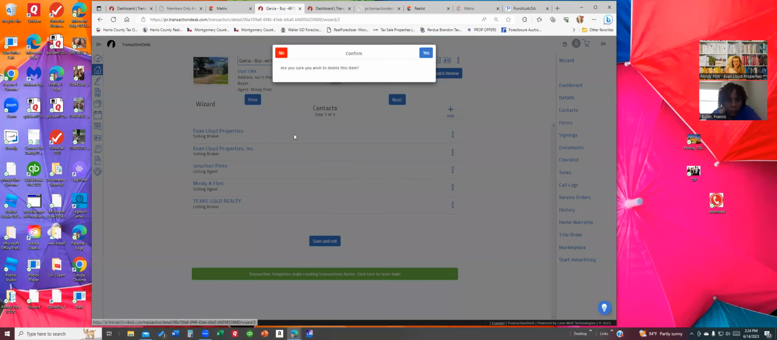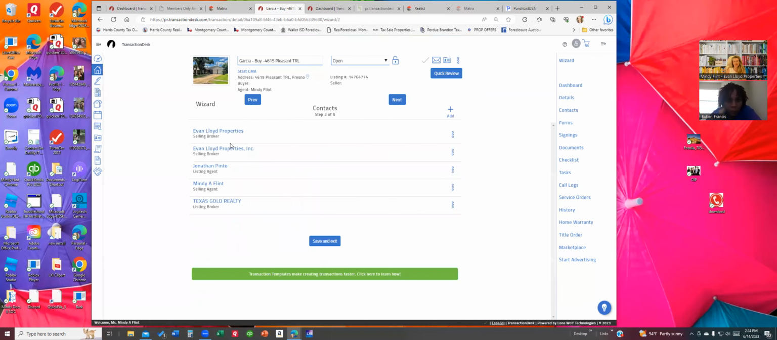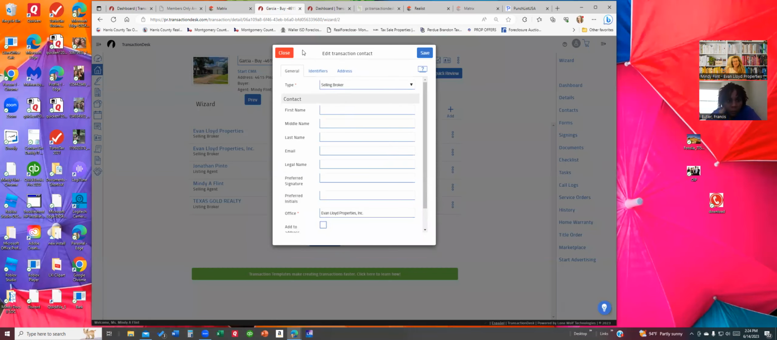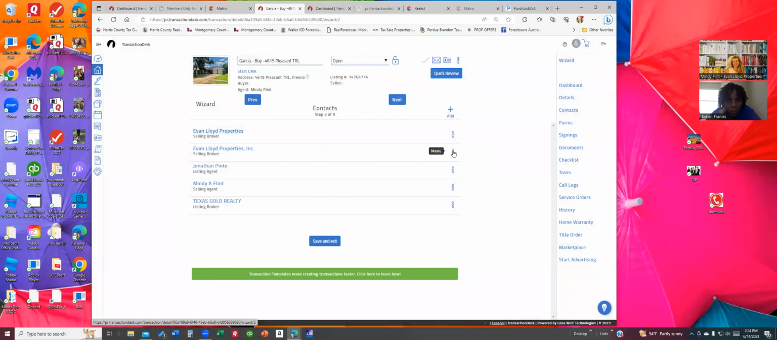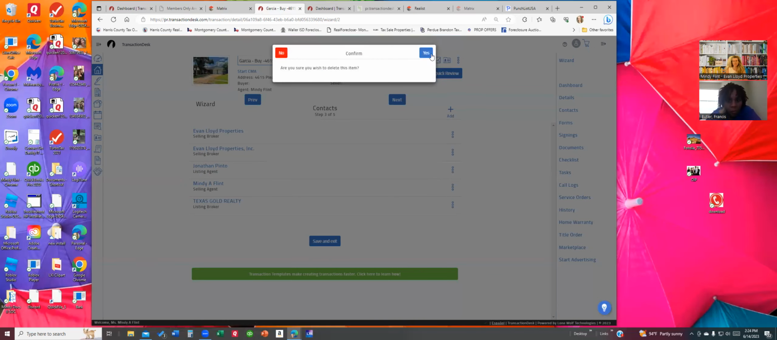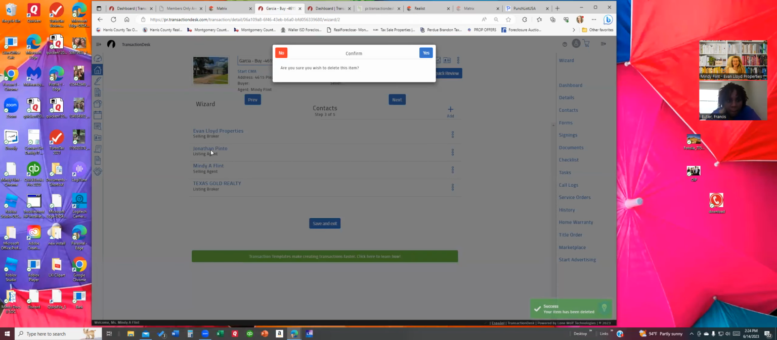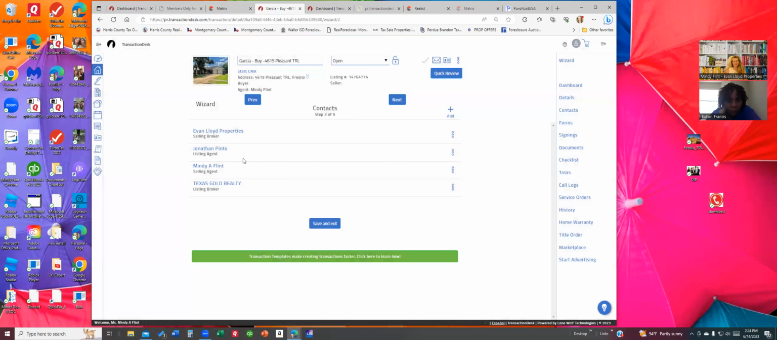Closing date's the move-in. It comes up with two Evan Lloyd Properties. Just delete off the bottom one because it comes in blank. This one's filled out. The first one's filled out. I don't know why it pulls up two. I haven't had time to fix it. It will automatically add you as the selling agent. It's got me because I did this, but when you do it on your end, it'll automatically add you as